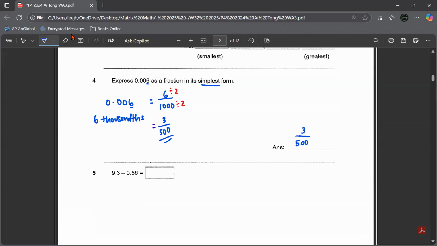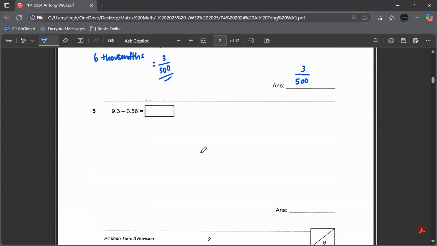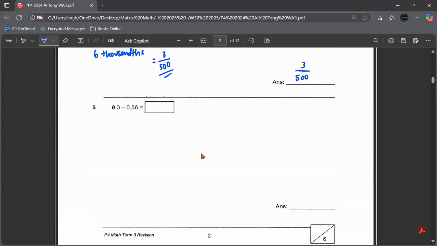Okay. Question number 5. So you need to calculate 9.3 minus 0.56. Can you see this is one decimal place? This is 2. That means this one, you can change it to 2 decimal places in order to calculate. 9.30. So when you do a working, remember to write like this. 9.30 minus